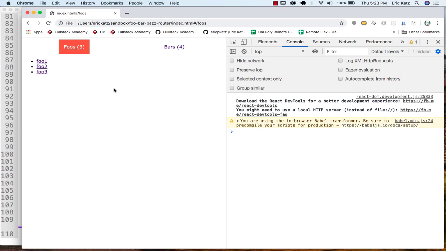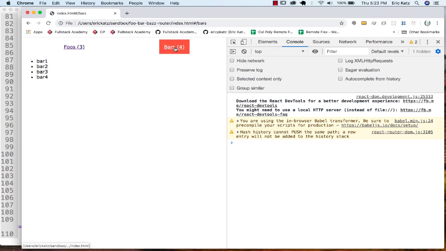So here we've got an example of a parameterized route. What does that mean? Well, right here we've got foo's and we have bars. So these are not parameterized routes. These are fixed routes. One is foo's and one is bars. But if we end up clicking on one of these items on the foo's component, we'll see that our URL